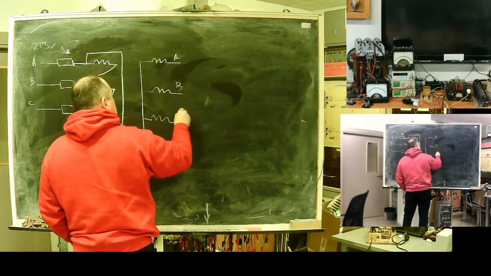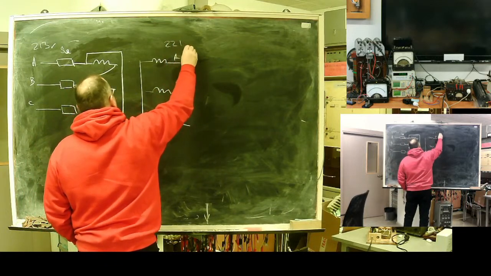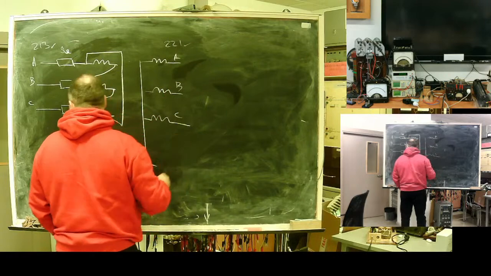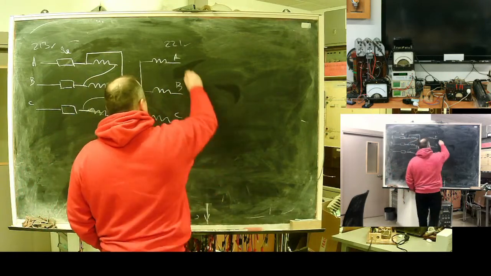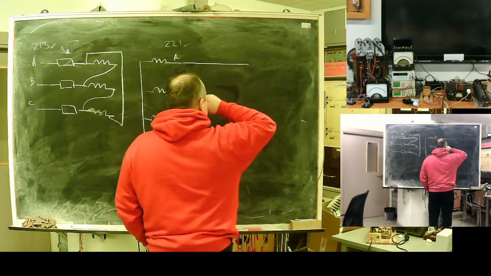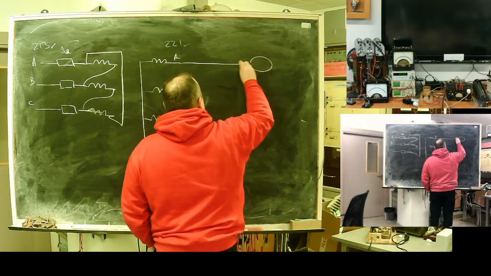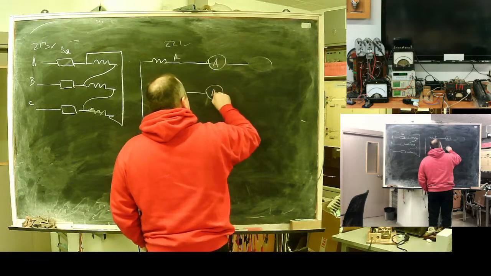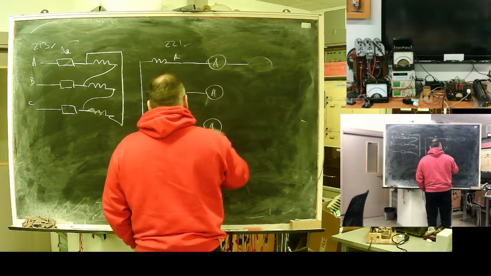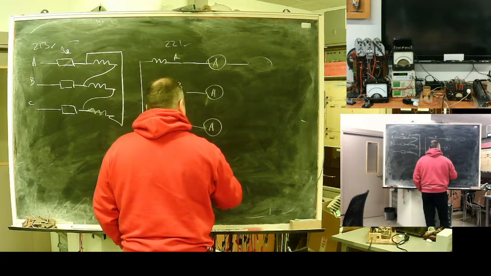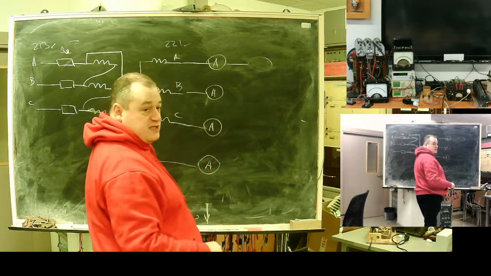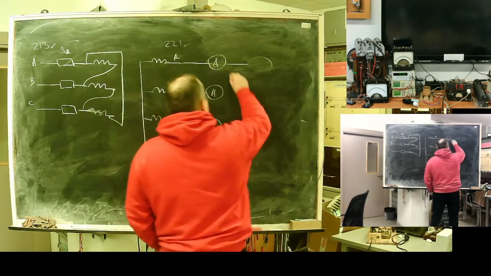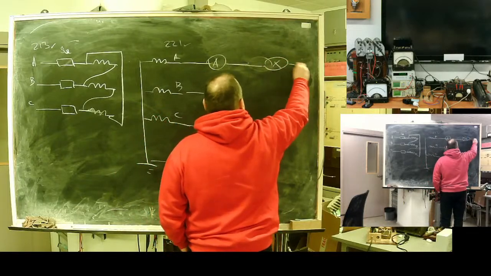A, B, C. This network is 221 volts. From this came what? Okay, I have ampere gauge in all phase and also in neutral wire, and I have a load